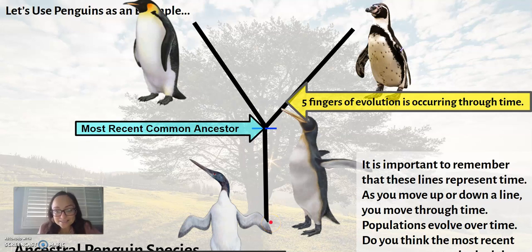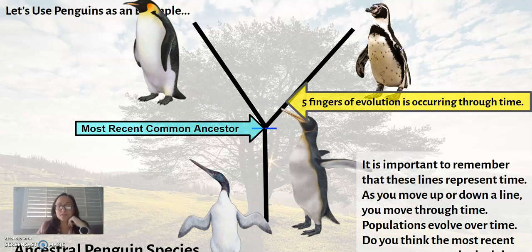Well, now in this line, it has its own evolution happening. Maybe it's gradualism that's occurring and it's slowly changing over time. And then at this blue line, it has now evolved to be this species. So whatever the common ancestor was at this point, it's different than what it was hundreds of thousands of years in the past. It has its own evolution occurring